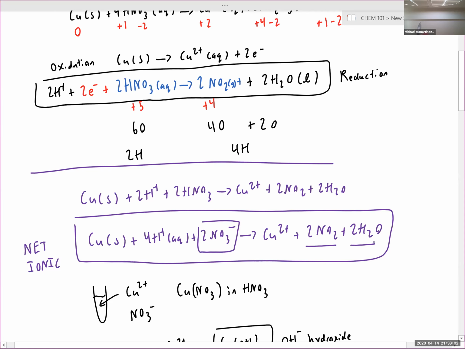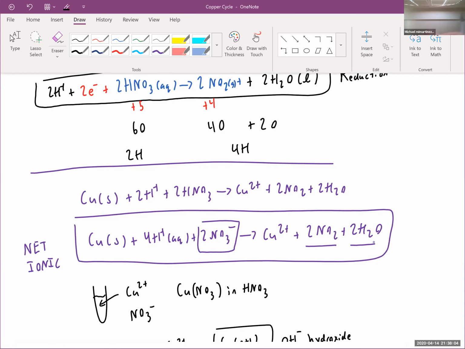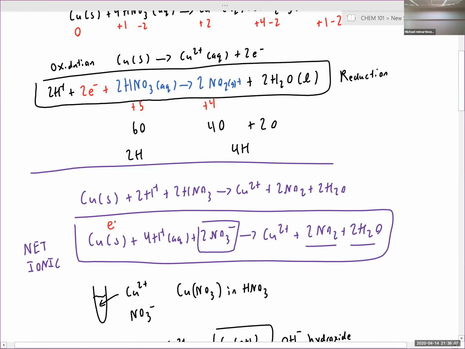And in this process, electrons are being transferred from our copper to our nitrate, okay? So we call this reaction a redox reaction. And it's where there is a transfer of electrons. We discussed oxidation numbers